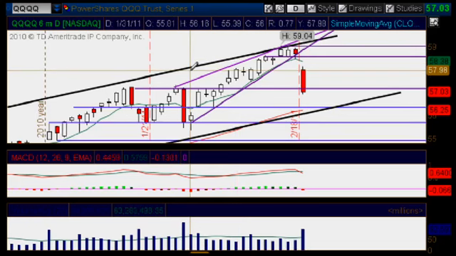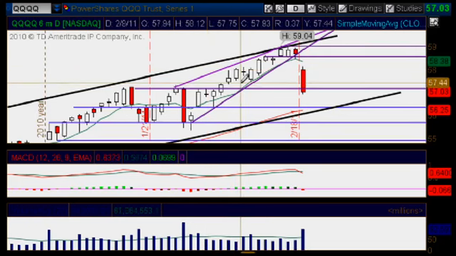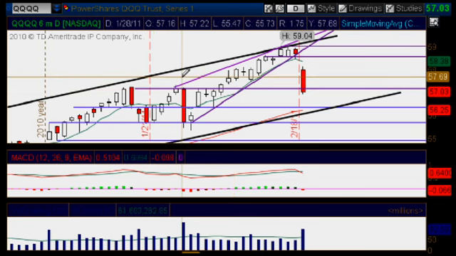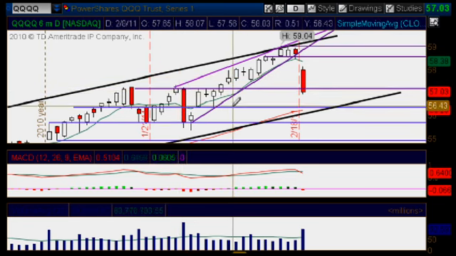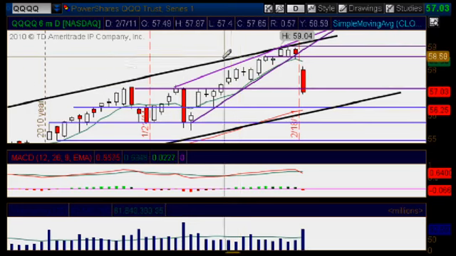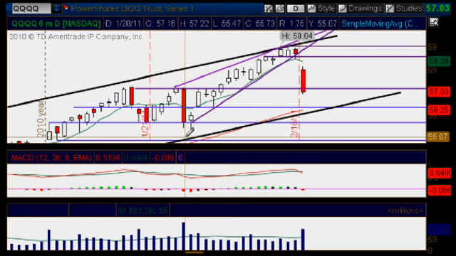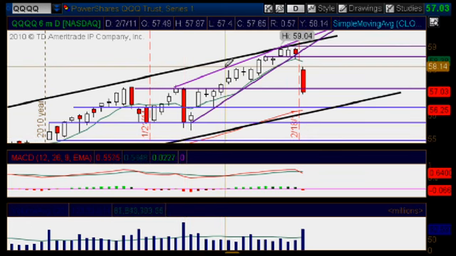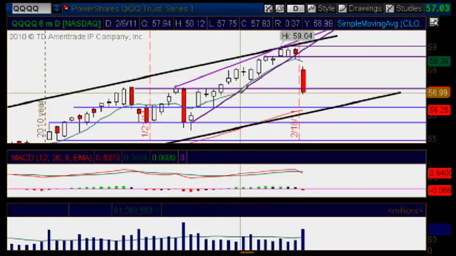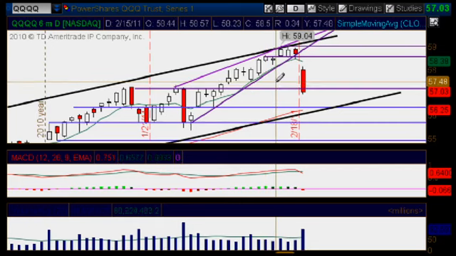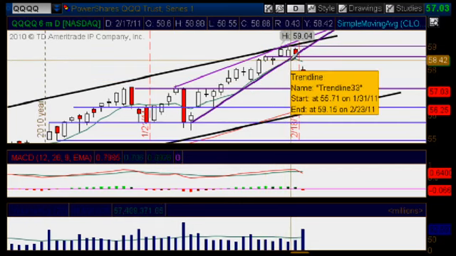So as you can see, I have so many different trend lines drawn in here, and what I want you to pay close attention to is that rising wedge formation inside that uptrend that I have here between these two purple trend lines. So we've had a rising wedge forming on our daily chart, which is a bearish formation, and